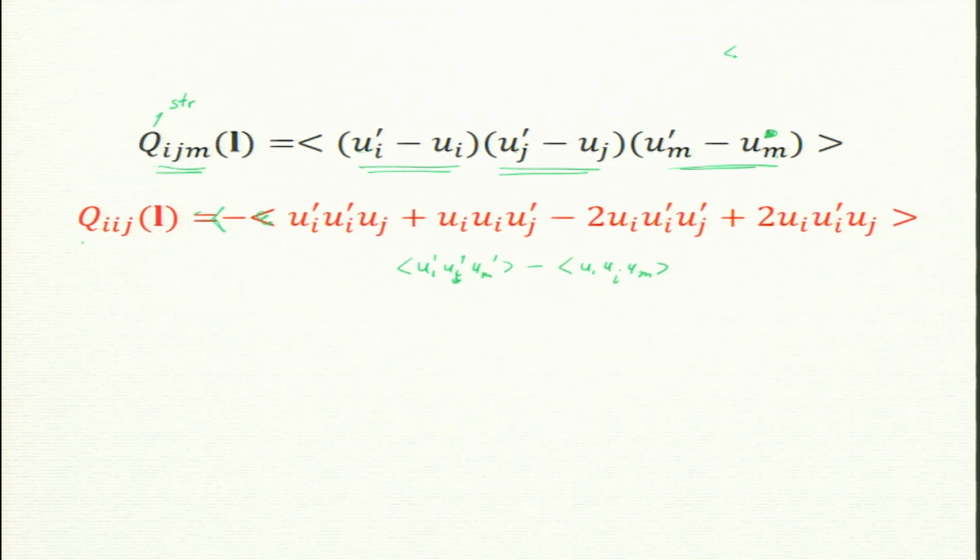But what is the average of ui? What is the average ui? 0. It is random with no mean flow. Average velocity is 0 at a position. Okay, and this need not be 0. It is 0 for Gaussian probability, but the triple correlation need not be 0. But they cancel because of homogeneity. Okay, now this is what we are left with, this average.